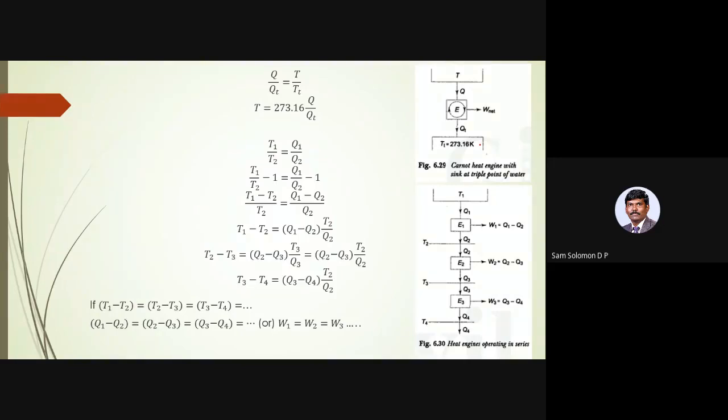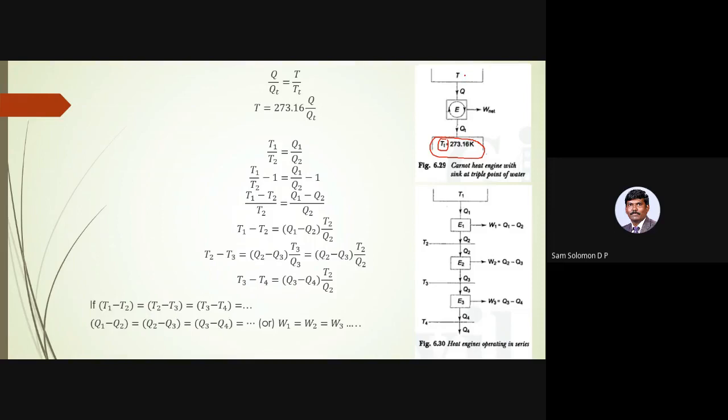Okay, so here I have an engine which operates between T and Tt. T suffix t, this small t stands for triple point. Okay, I have an engine which operates between a source temperature and the triple point. What we know is this temperature is already known. Okay, if you remember when we did it in the first unit, we said this Kelvin scale is nothing but a single point temperature scale. You just require one temperature because this temperature is already known. You just need to know this temperature so that your Kelvin scale can be established. Okay, your Kelvin scale can be constructed.